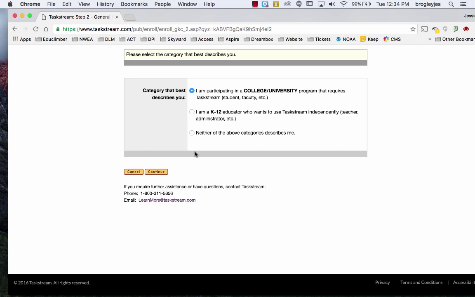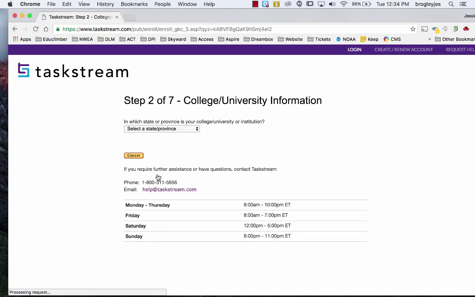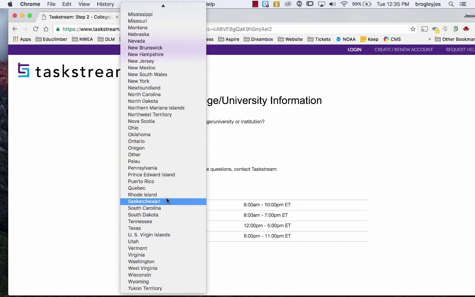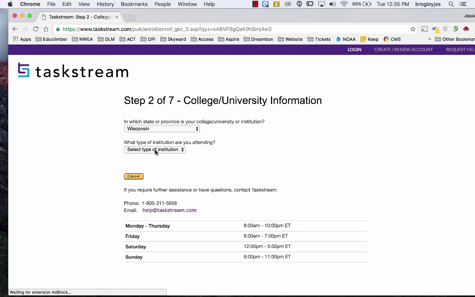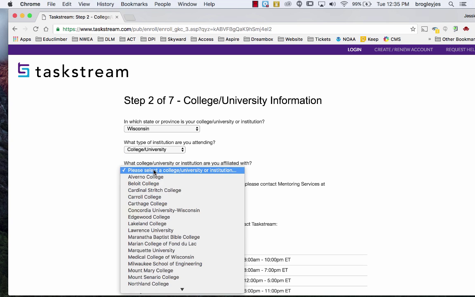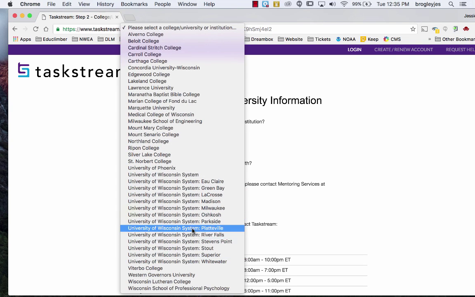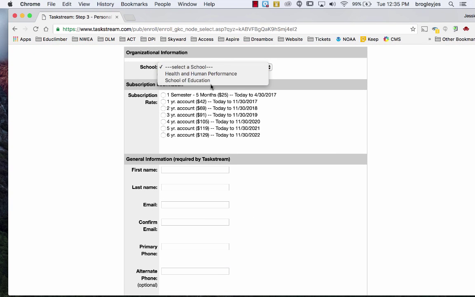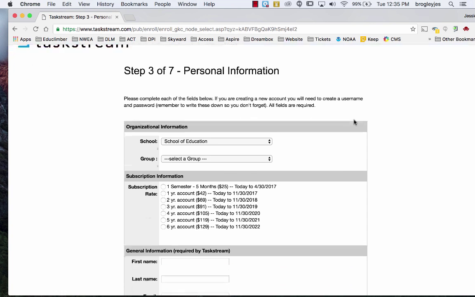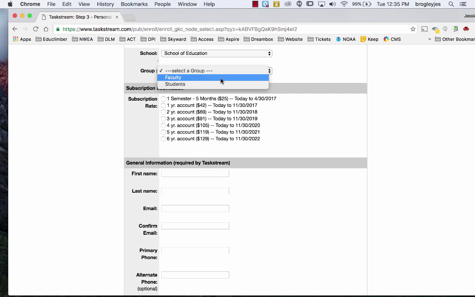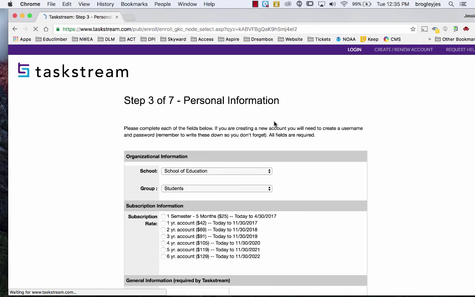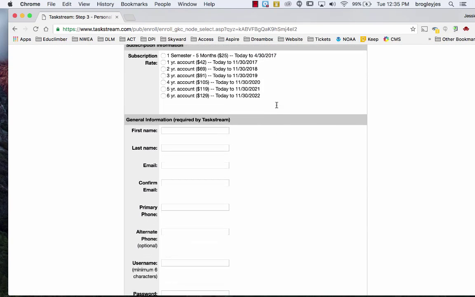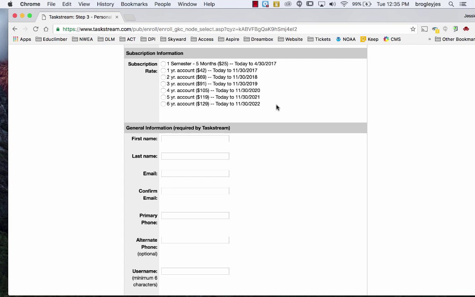You are part of a college or university participating in Taskstream use, and you'll need to enter in our state and our institution, college and university, and select the University of Wisconsin System, Platteville, and click Continue. Then you'll need to decide how much you need to purchase. We are using this through student teaching, so figure out when you're student teaching and make sure it goes beyond graduation. And I say that because although you turn your Taskstream or your edTPA portfolio in, say, in April,